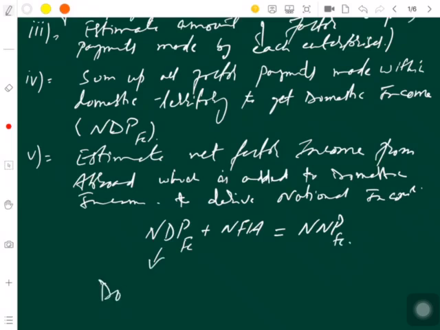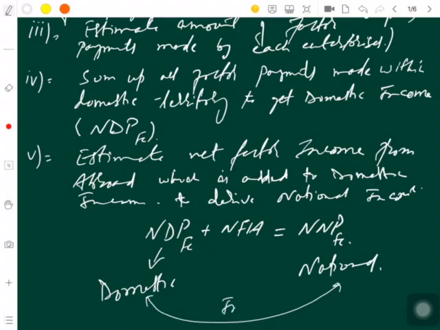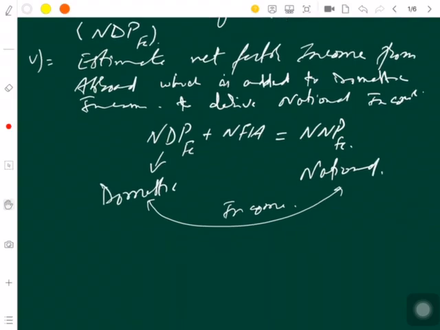This is your domestic income and this is your national income. So by adding NFIA to NDP at FC, we come to NNP at FC. So we have a final aim of reaching national income. But dear students, as we did it last time,